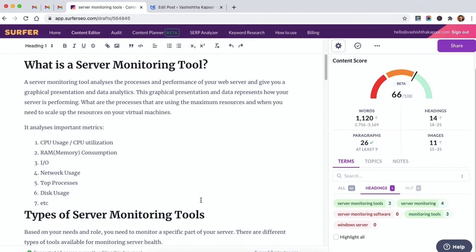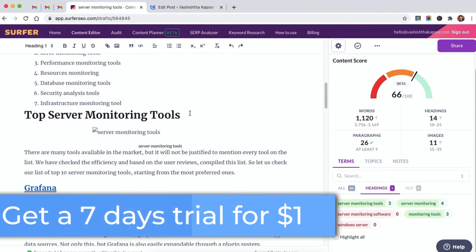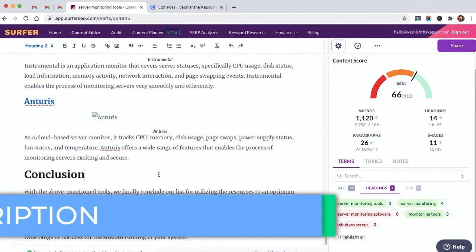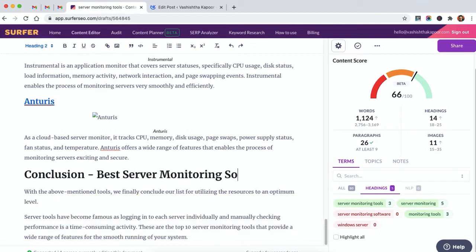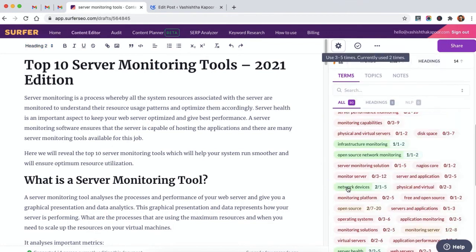For example, for this content piece, I would say top server monitoring tools, and inside the conclusion, if I write down best server monitoring software, so technically this word has been used in the headings and it is now green as well. So this is the way you can improve your content and add relevant terms in your content.